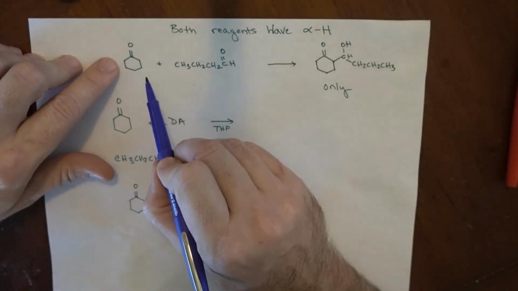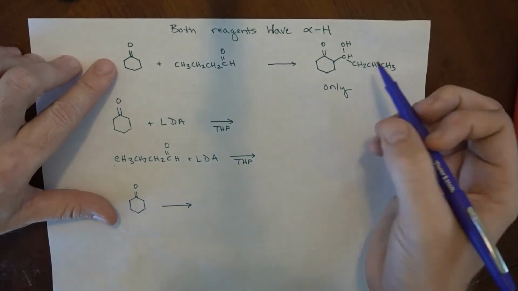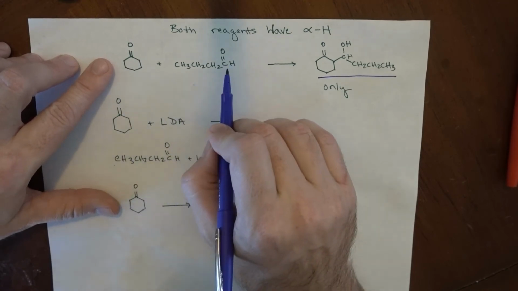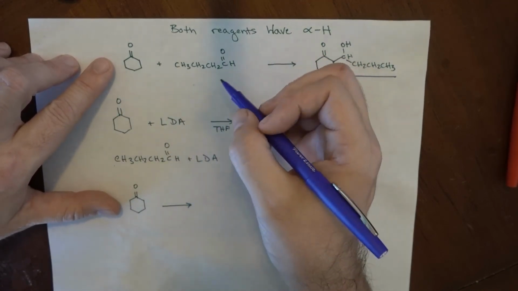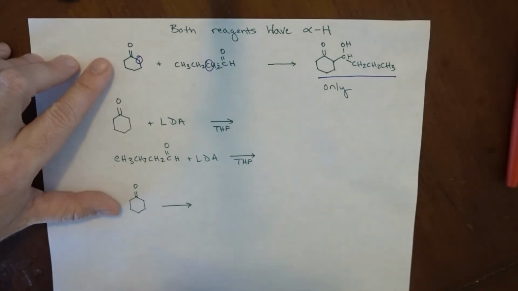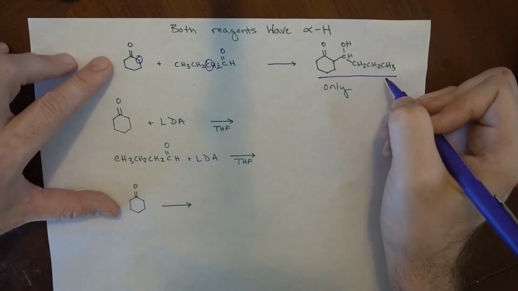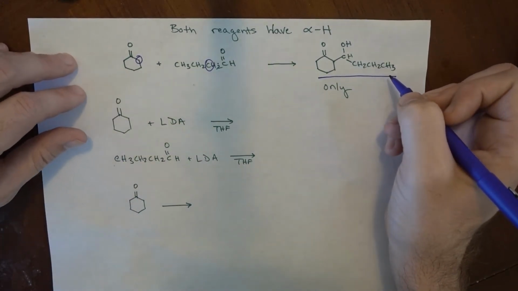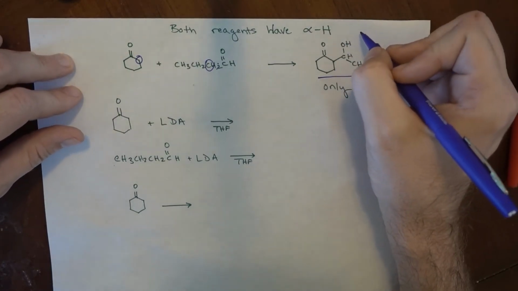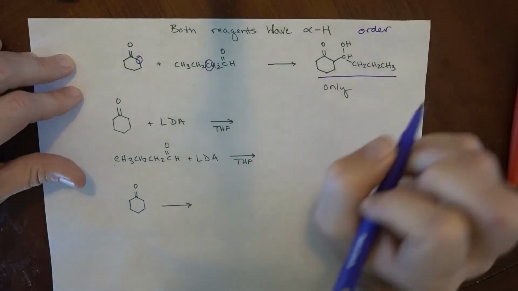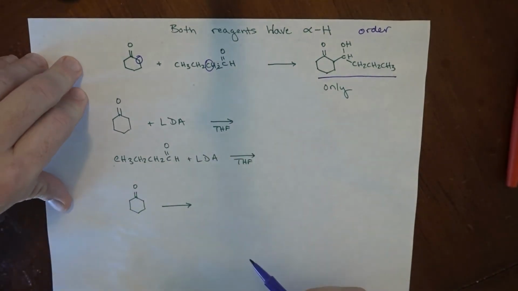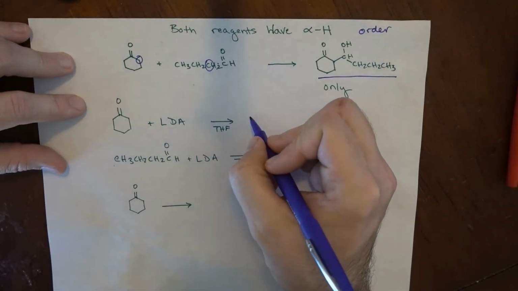Here, again, these two are not the same, and I only want to get this product out of it. So I've got this cyclohexanone, and I've got this four-membered chain of carbon atoms, and there is an alpha carbon here, and there is an alpha carbon here. So I can abstract the hydrogen from there, but this is the only thing that I want to get out of it. So how can I make that happen? I can't choose my reagents, but what I can choose is the order in which I combine them, and to some extent the reagents, because I'm going to use LDA here. So when I add LDA,